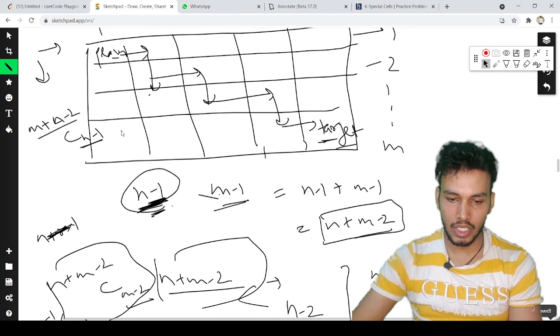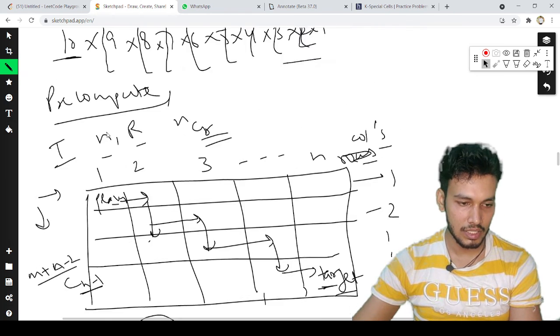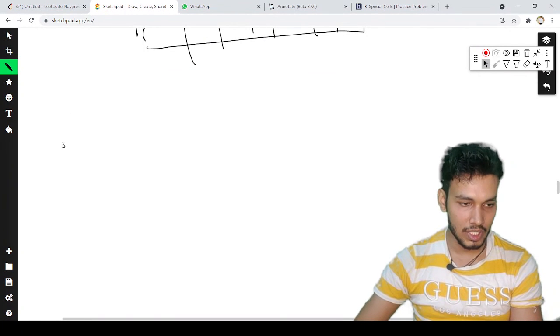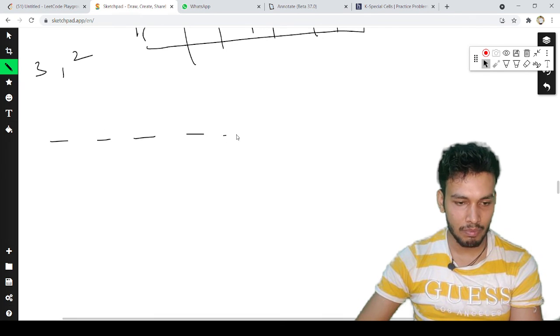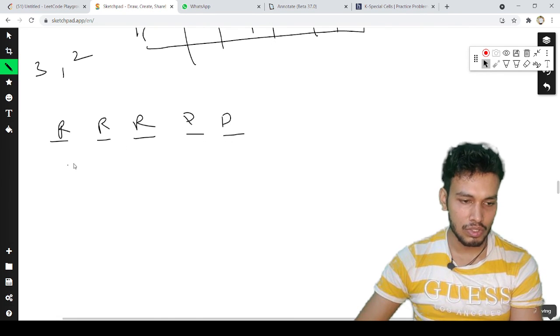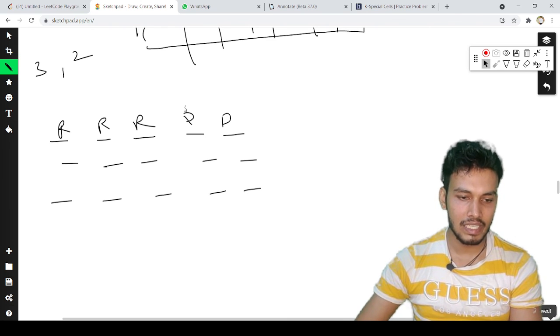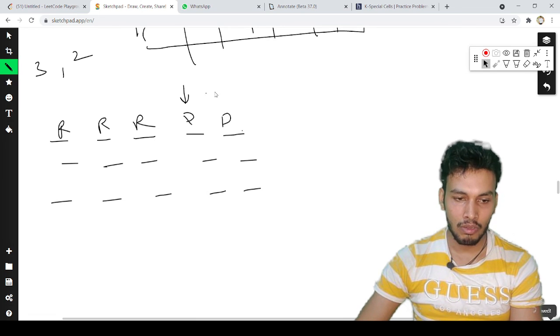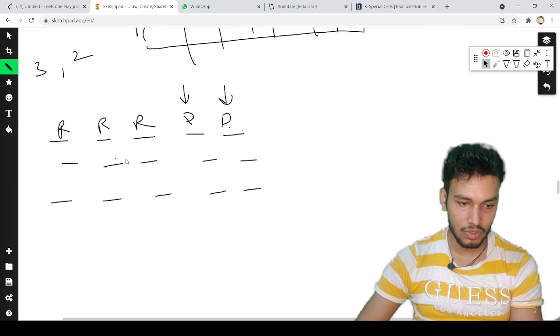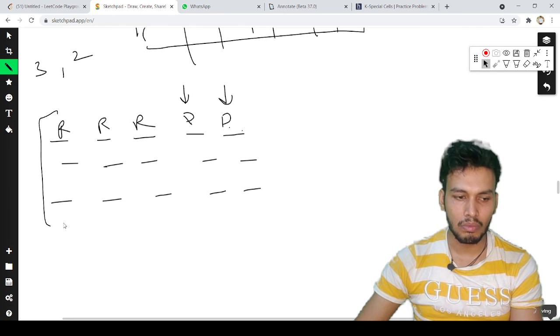So it's similar to saying, let's say m is 3 and n is 2, so you have 5 places, right? There is a possibility it goes right, right, right, then down, down. This is one possibility, and similarly we will have multiple possibilities. So what we are saying is we have 5 places and we need to select how we can place these two D's on these 5 places, right? So the problem comes down to something like that.